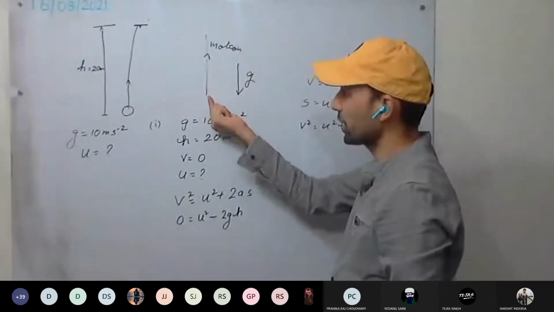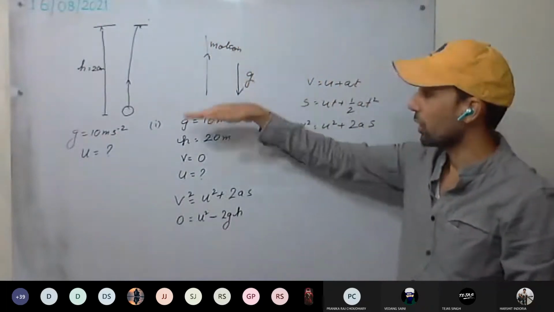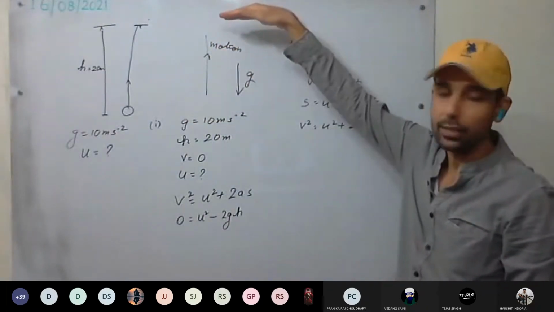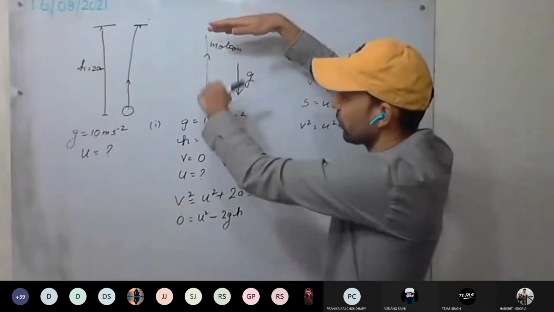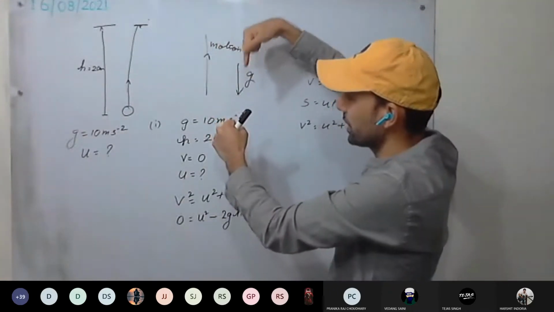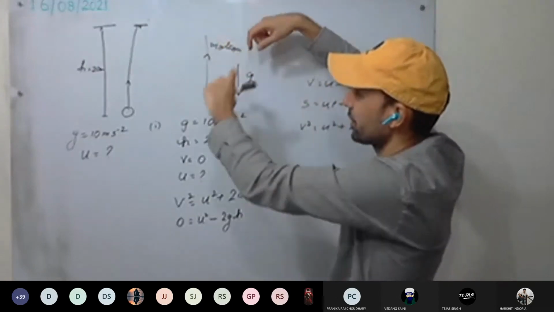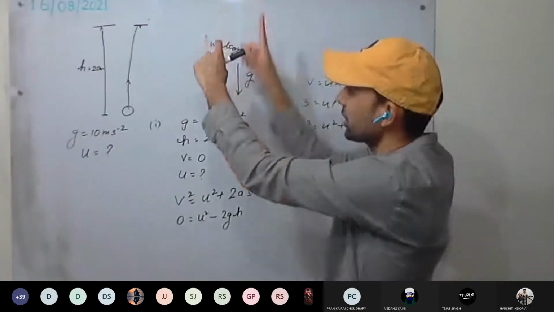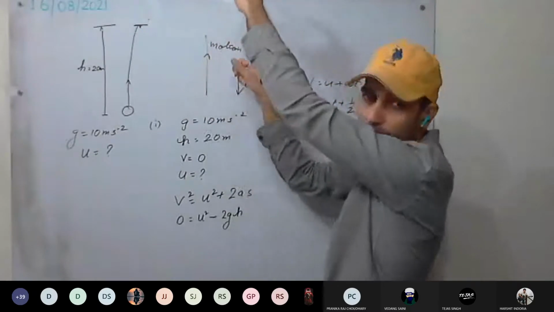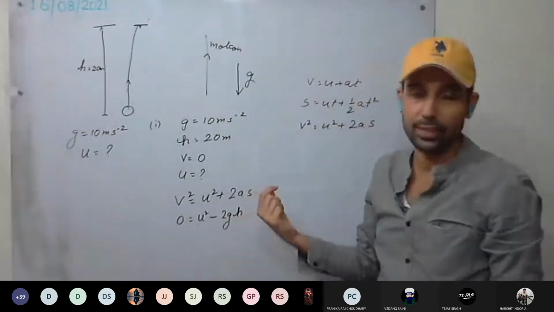You can see there are some velocities here, but at the top position we have 0 velocity. It means velocity is decreasing each time. Why? Because the force is in the downward direction, the gravitational force. Because of that, acceleration due to gravity is in this direction. It means there is retardation. Retardation is taking place, velocity is decreasing. Therefore, minus g will be there.